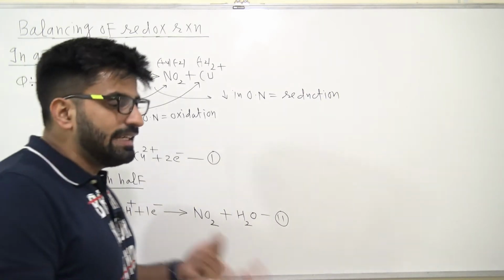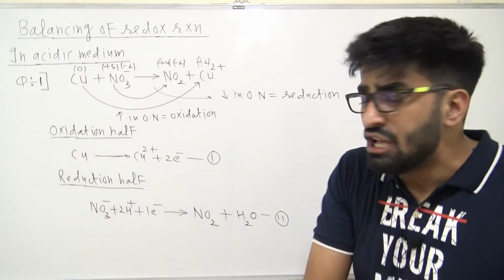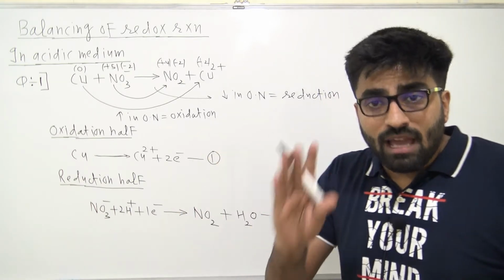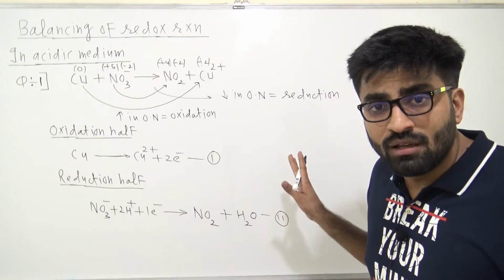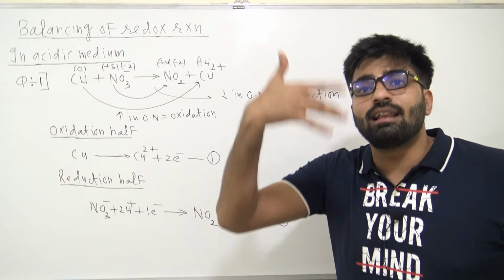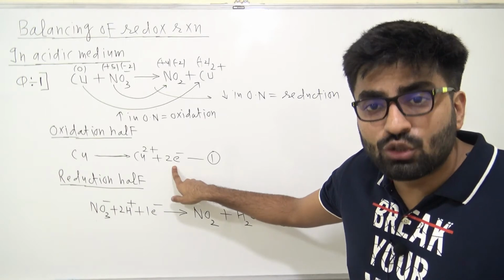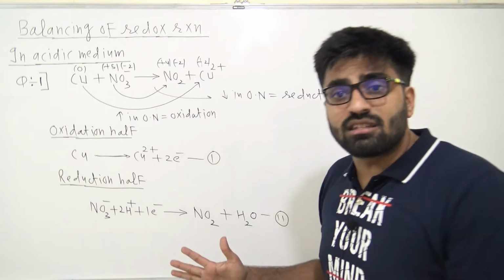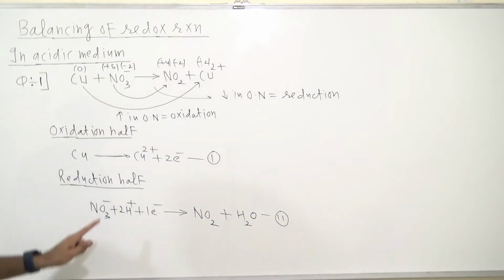Now guys, what we need to do is add both the oxidation and reduction halves in such a way that electrons get cancelled out. Whenever we have the final redox reaction, we don't want any involvement of electrons. What is redox? Oxidation means loss of electrons, so whatever electrons are lost in oxidation will be gained in reduction, right? The oxidation half has 2 electrons and the reduction half has 1 electron. I want to add them in such a way that the electrons cancel out, so we need to multiply this with 2.